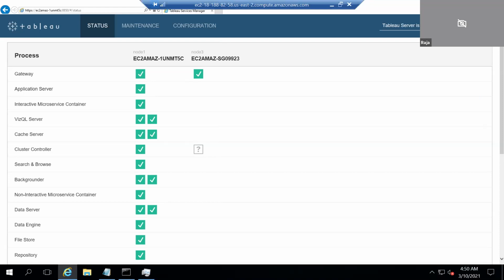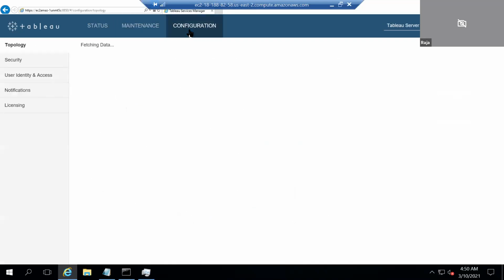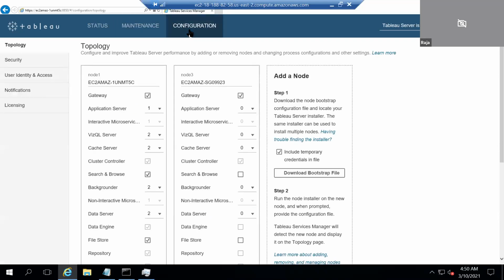So once you log in, you will see three different tabs. One is status, another is maintenance, and the other is configuration. So there are different options. I will show you all of these options in a bit, and at the same time let us connect and quickly look at the command line utility,